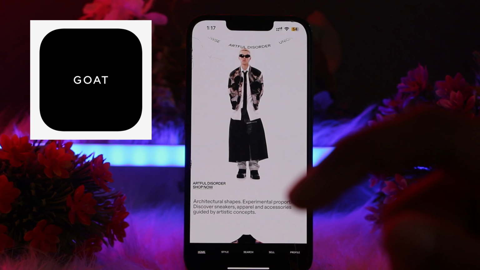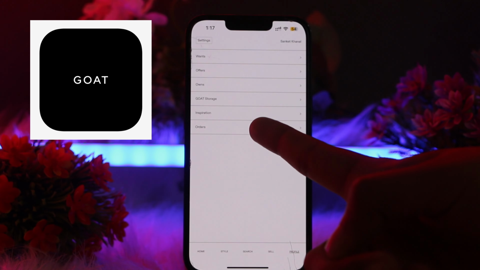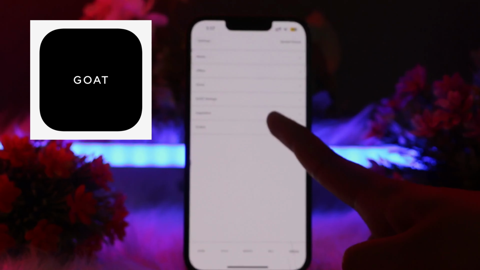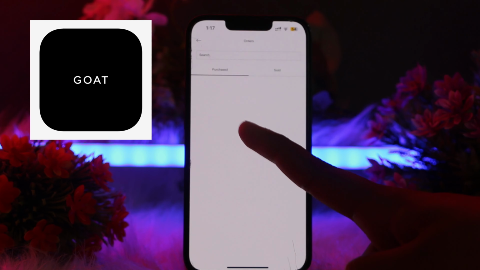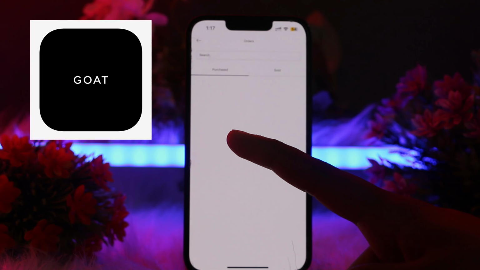You need to go to the profile icon at the very bottom right of the page and you'll see various options of wants, orders, GOAT storage, and inspiration. So click on the option of orders at the very bottom and here you'll see the options of purchases and sold. So if you have purchased anything and you want to track the order of it, you need to